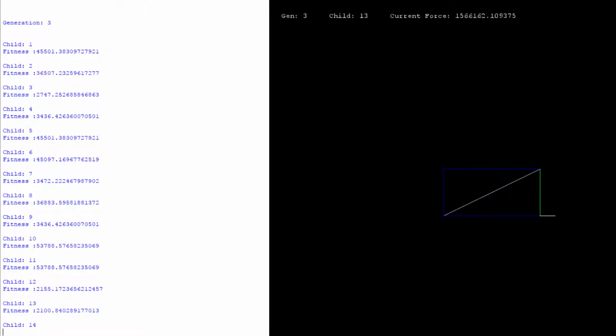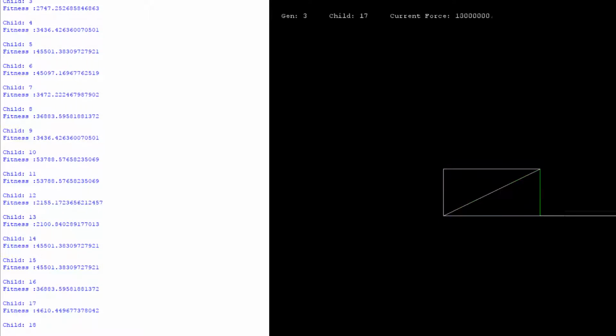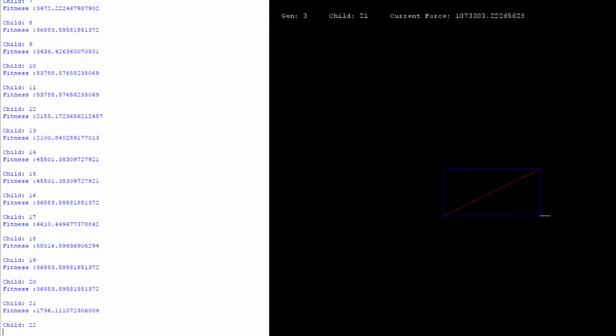But the way that the algorithm is settling down on an optimal force is it actually starts at a force that definitely breaks the system, and then cuts that in half. And what it keeps doing is every time it fails, it goes down by a bisector of the current amount,